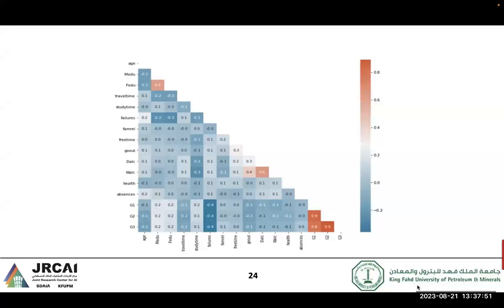Because that makes sense. It's some kind of initial results of the student, the initial marks in G1 and G2. Also here, we can see some attributes. There is no correlation with 0, and some of them will be negative. So it's the opposite of the prediction of the model.